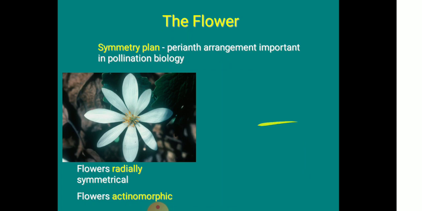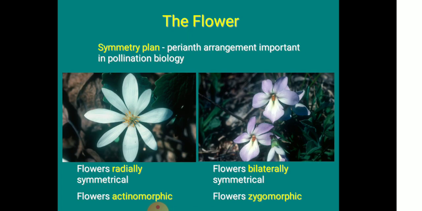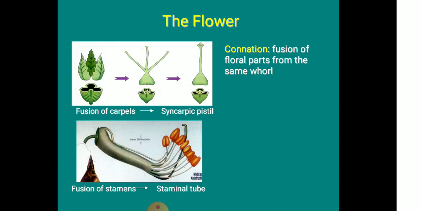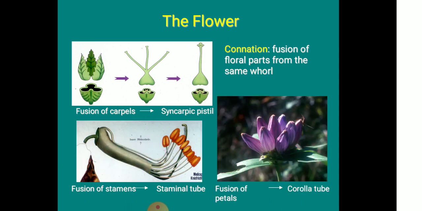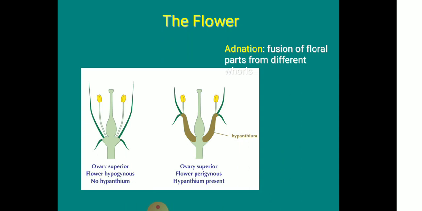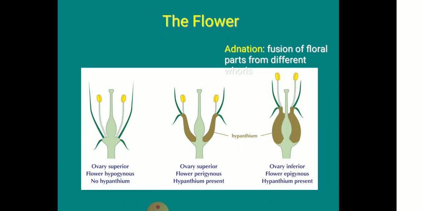Then symmetry, that's actinomorphic and zygomorphic. If the flower is cut in any direction and you get equal halves, then it is called actinomorphic. If it is irregular, and only in one direction you get two equal halves, then it is called a zygomorphic flower. Then connectivity, how the carpels connect with the flower, through the stalk, and there are different types of connectivity. Adnation is nothing but the fusion of different floral parts from different whorls. Okay, then the ovary can be superior, inferior, or semi-inferior,